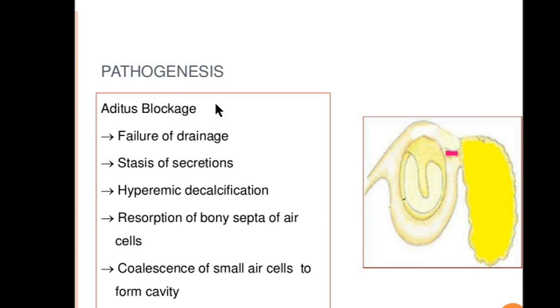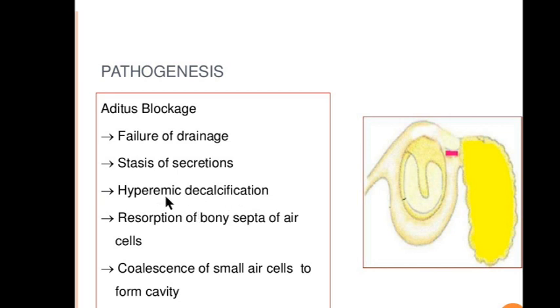So the Eustachian tube has blocked, there has been impaired middle ear exchange, secretions have occurred, which in turn have blocked the aditus. What is aditus? The pathway, or the connection, between the middle ear and mastoid. Then the aditus is blocked, there is failure of drainage and stasis or collection of secretions. More and more secretions or pus-like fluid gets accumulated and it cannot come out, it will lead to bone dissolution.